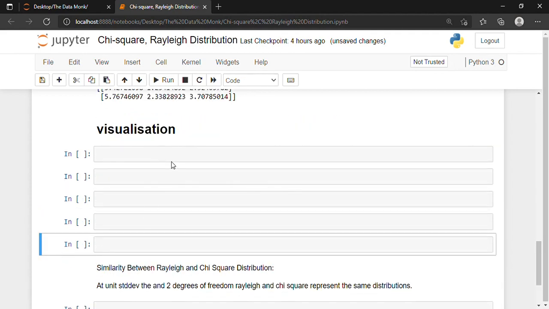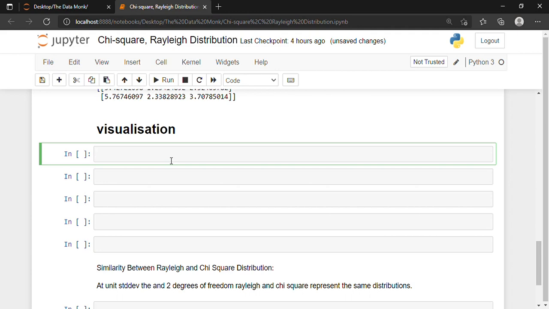Now I want to visualize the Rayleigh distribution. We have already successfully imported the matplotlib and Seaborn libraries, so now we can simply write sns dot distplot, and inside I'll write random dot Rayleigh, and inside that the size.